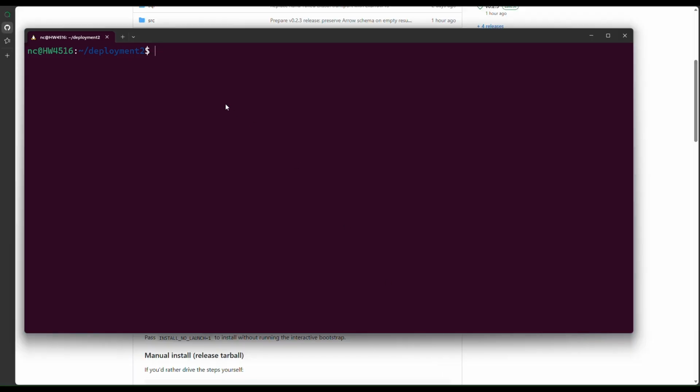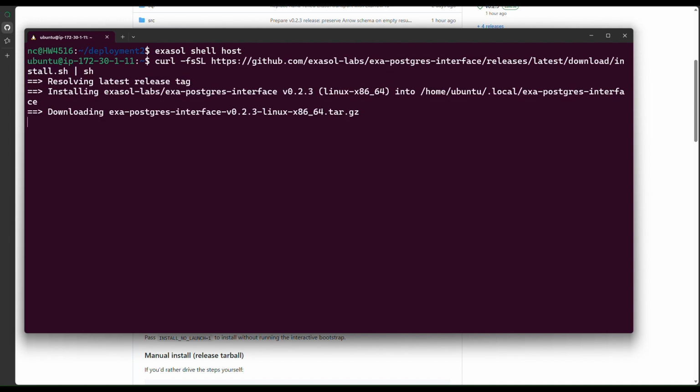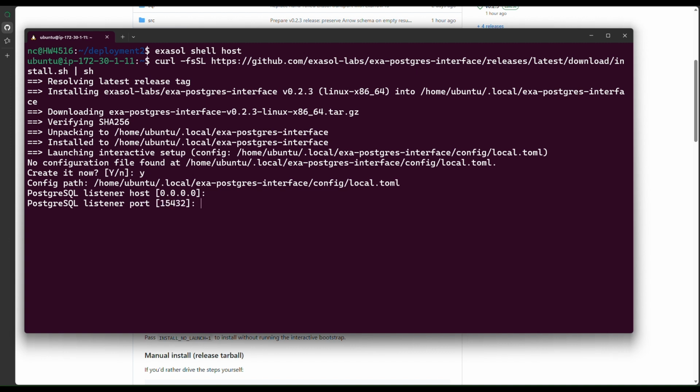I can go into my Exasol personal and log into my host. Now I'm on my database node, and with the one-step installation, I'll install it and then start configuring my gateway. So it'll ask me to make a configuration. So let's create it. We're going to listen on all hosts and ports 15432. I'll have info debugging level, and then I'm going to put my Exasol